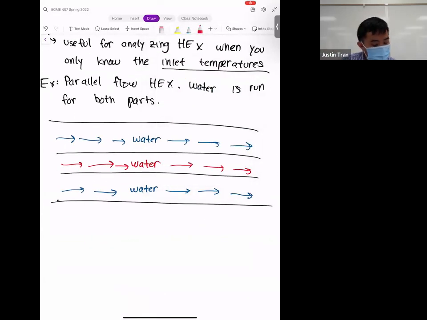And so in this situation, we're only going to know the inlet temperatures. Okay. And so for the hot water,